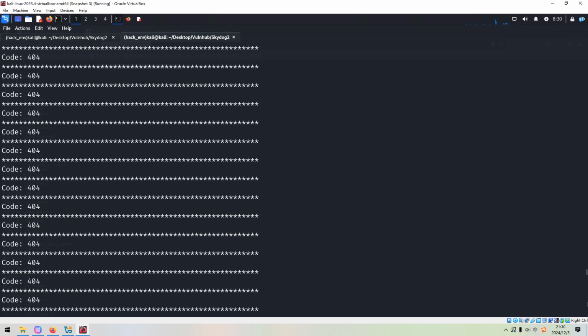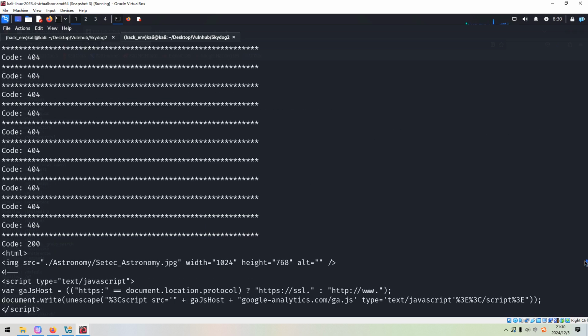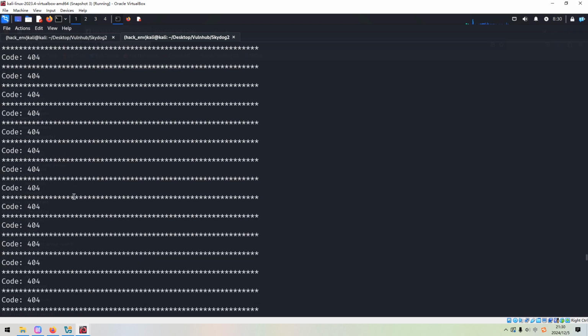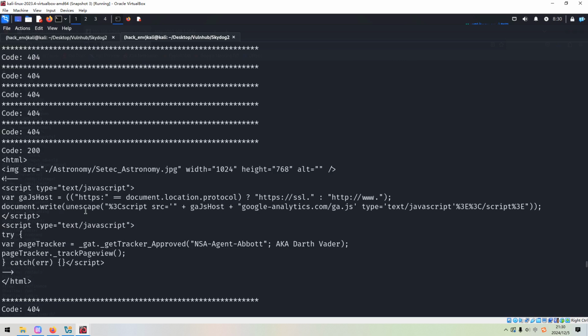But nothing here. Maybe there's some. Okay, I think we found this one. This one has... I think we need to print out the URL. Sorry, I forgot to print out the directory.